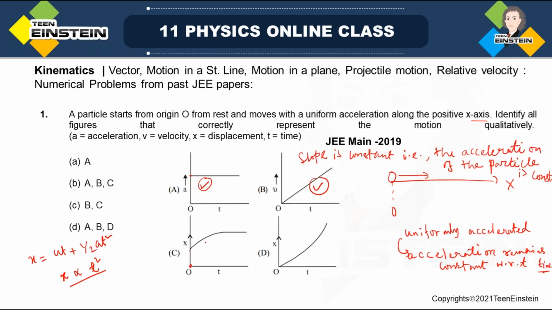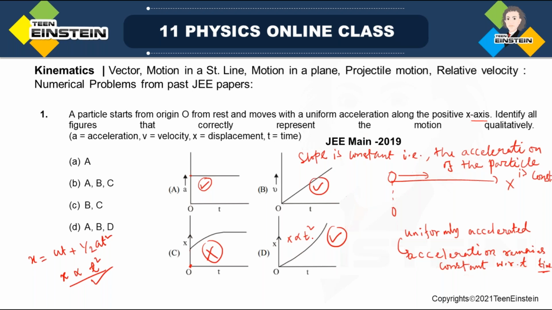At the same time, see, this is not this one. In fact, this is correctly represented by this curve. So this is actually x versus t square. This curve is representing properly. So this is not true. Otherwise all three are correct. Okay, all right, so